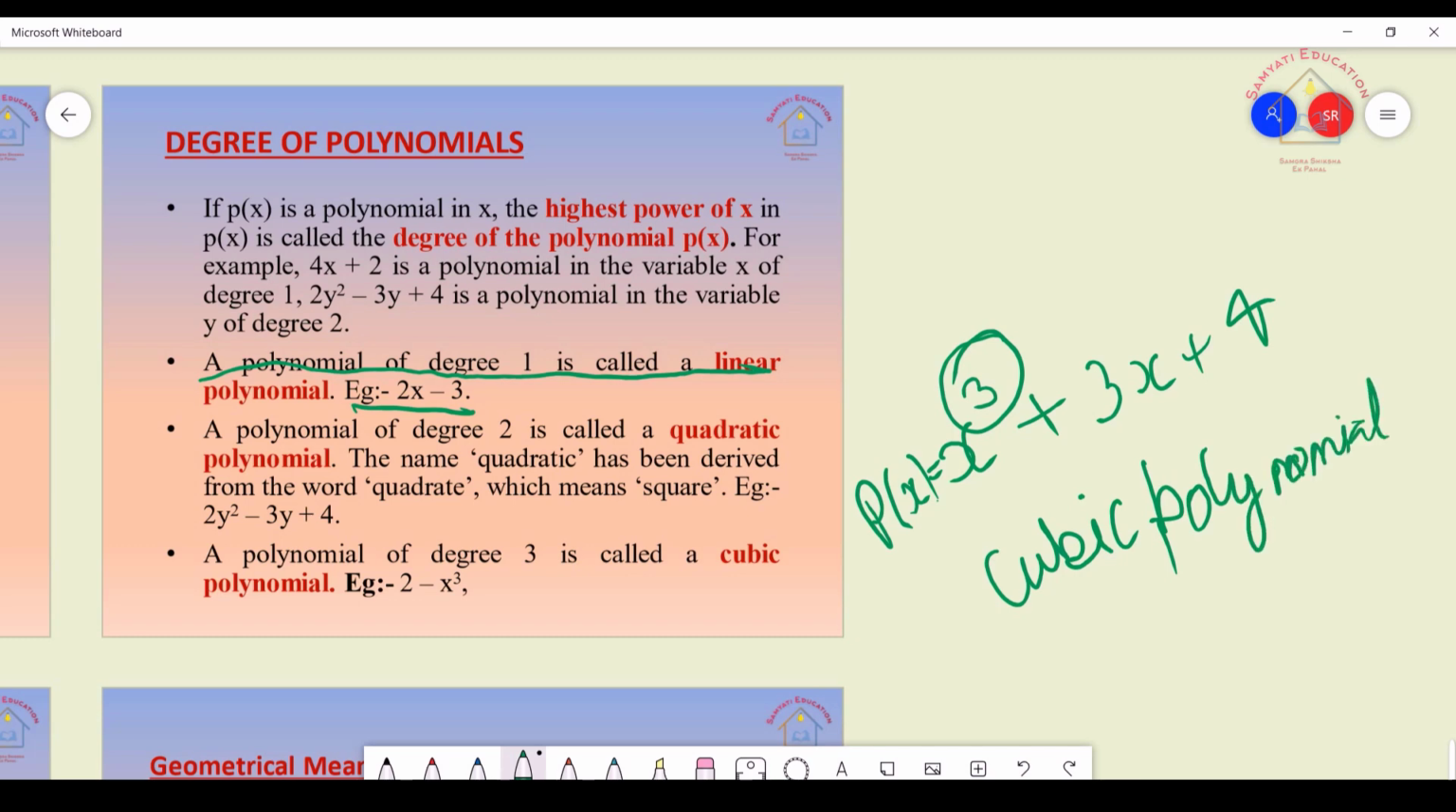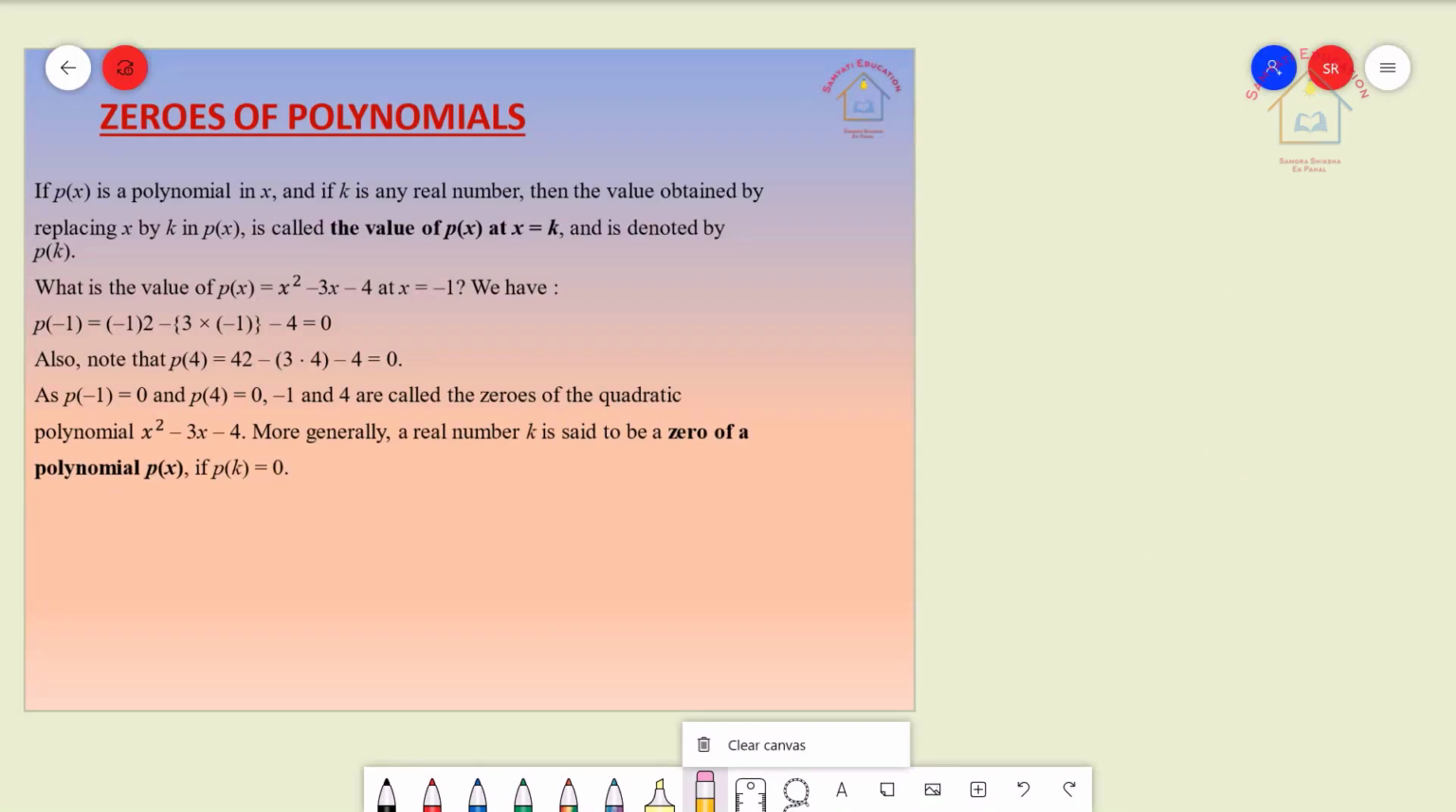Now we got to know about what is linear polynomial, what is quadratic polynomial, and what is cubic polynomial. Now we are going to cover the topic zeros of polynomial. But before knowing the zeros of polynomial, we should concentrate on knowing what is the general formula for